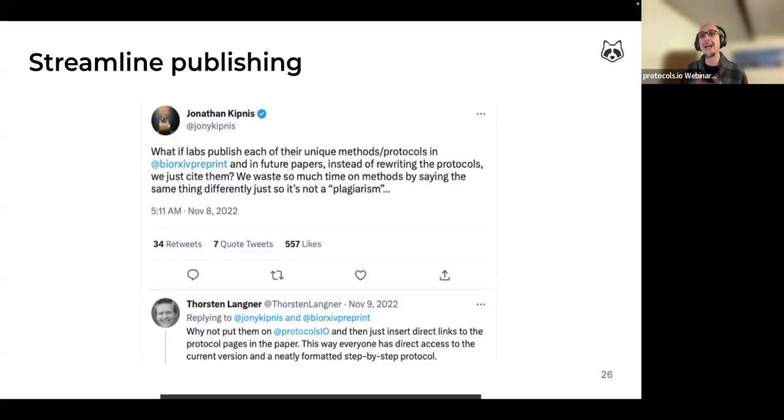I'm going to use another example, again from X. We have here Professor Jonathan Kipnis at Washington University in the United States tweeting and saying, what if labs publish each of their unique methods protocols and in future papers, instead of rewriting the protocols, we just cite them? And he adds, we waste so much time on methods by saying the same thing differently. And that is exactly what protocols.io is about.